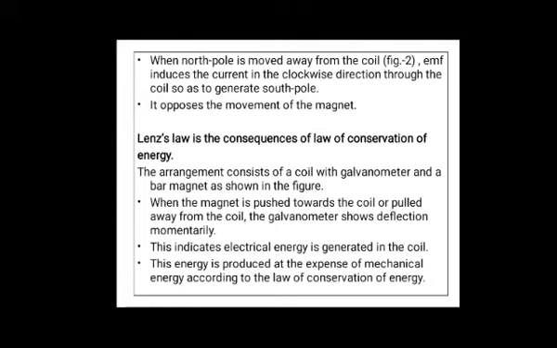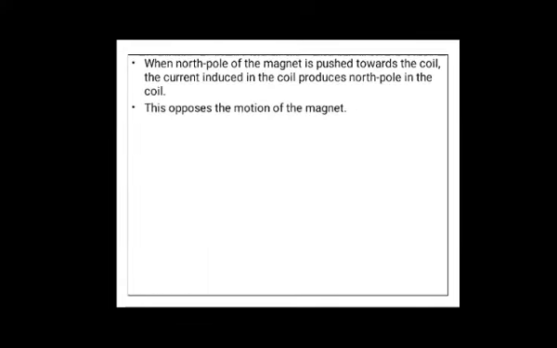So how do we get this electric current? Very simple. You are moving a magnet, correct? You move the magnet, or keep the magnet at rest and move the coil, correct? Either one should be moved. Means what? It is mechanical energy, correct? So because of this mechanical energy only, you are producing electrical energy. Means you are telling conversion of one form of energy to another form of energy. This is according to what? Conservation of energy, correct?